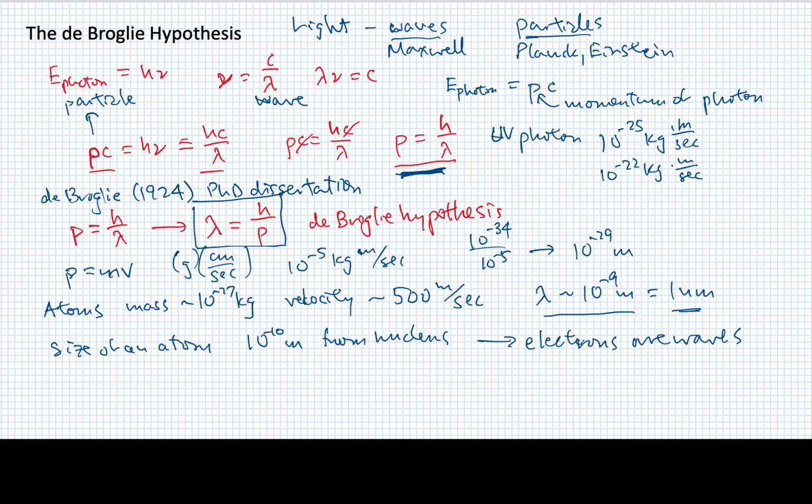And this also helps us to understand why, when we talk about matter at the scale of an atom or a molecule, we really need to take into account the wave-like nature of matter, because the wavelengths of matter are on the same scale as the size of the atoms and the molecules themselves. So this is why we're studying quantum mechanics this semester, so we can understand how to really define the physics for an atom or a molecule, which is, of course, what we're interested in as chemists.